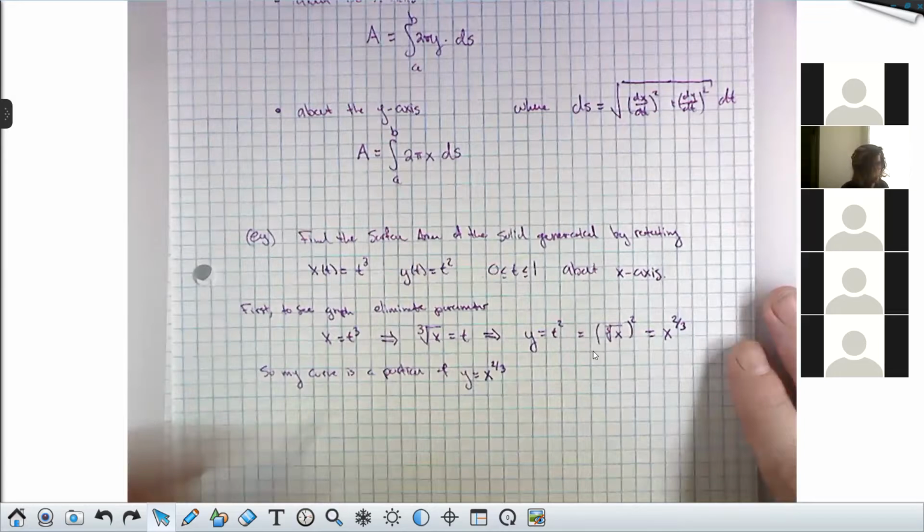I have my kids in Calc 1 play with this quite a lot because it's a good example of something with a vertical tangent. Looks like this. Now they've asked me to use just the t interval from 0 to 1. So that means my initial point